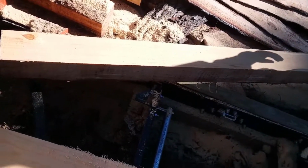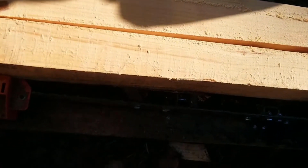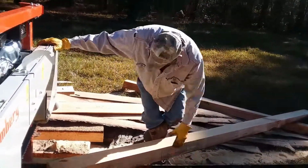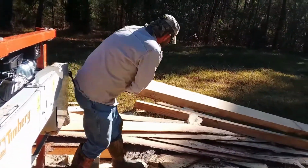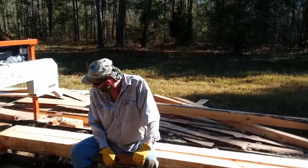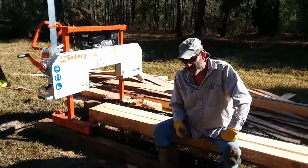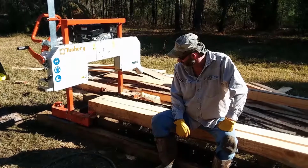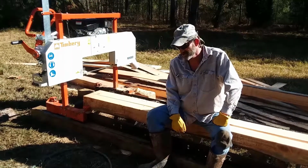Well, what we're going to do is, by the time we get some of this accumulated, the other thing we will do is stack this up, so it might dry a little bit. But part of doing our initial saw yard here is getting things set up and ready to work. But if there's one thing I think we have done in our initial, I'm not going to call it testing because we own it, but if there's one thing we have done during our orientation to our machinery that we got,